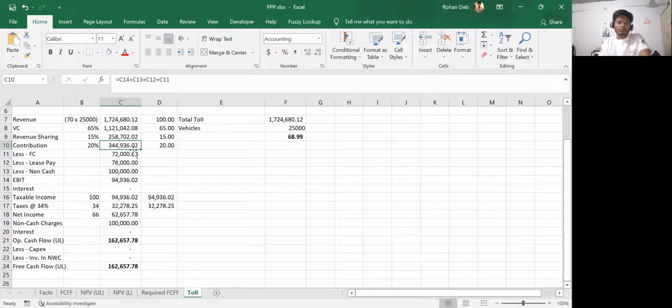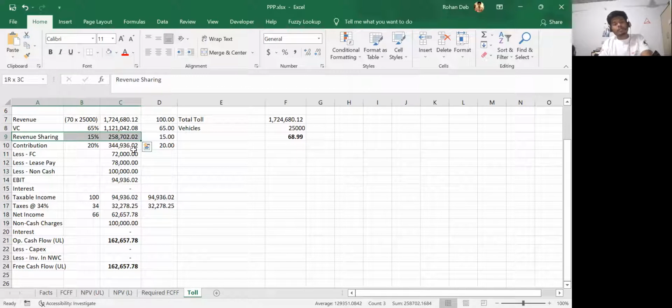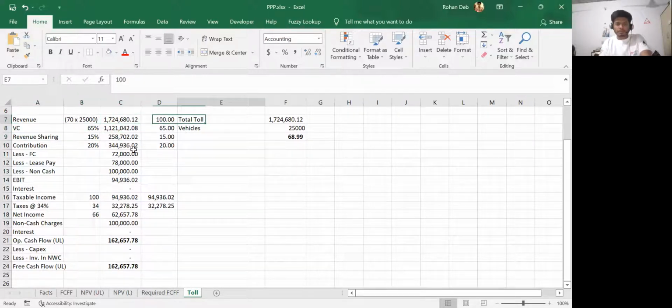Now, if 3,44,936 is 20%, then what is 100%? So that's how I calculated the revenue. You use 65% as variable cost and 15% as revenue share. So if the question asks you what's the revised revenue share, this would be the revenue share. This is the entire revenue. Now this is the amount of money that I need, and I already know the number of vehicles that will be plying on that road. So you divide that revenue by the number of vehicles, and you'll get